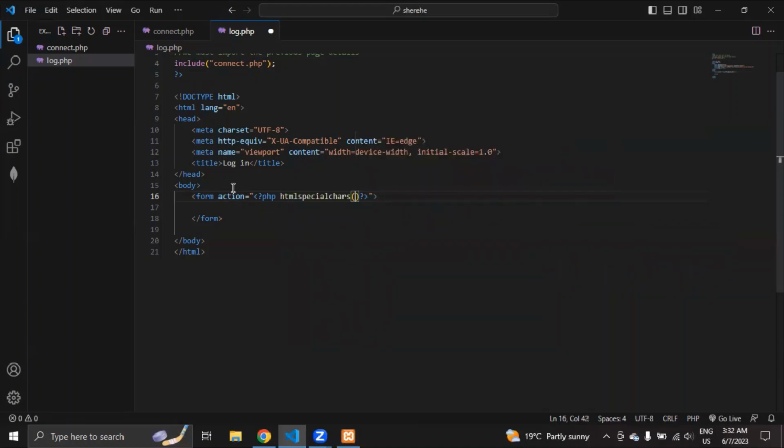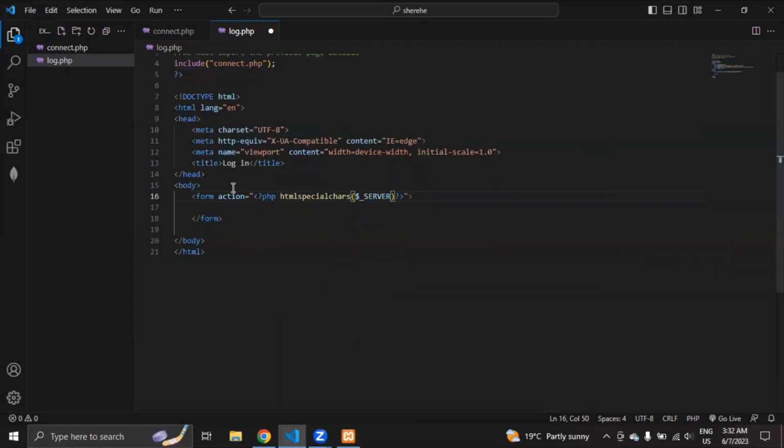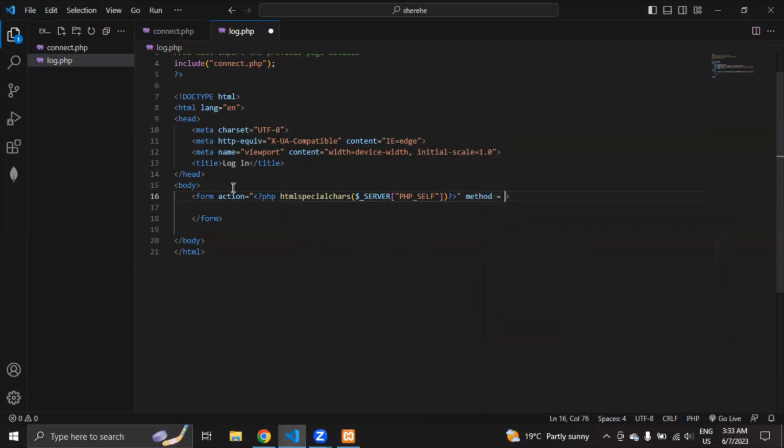Within this HTML special characters, we're going to check the server functions. We're going to call the server. What are we calling from the server? We're calling the PHP server functions. Within the form, we're going to create a method. So this method will be post. So here we're simply creating a user platform for the user to enter the username and